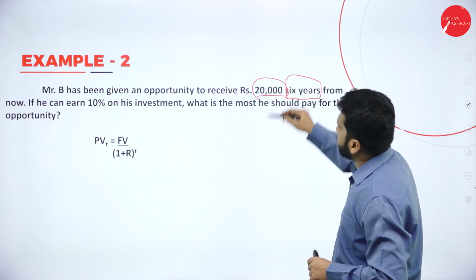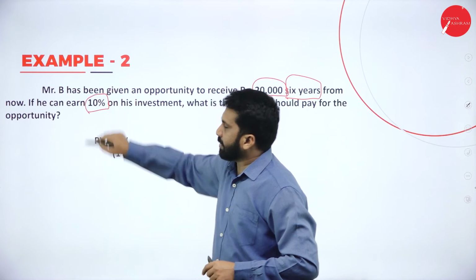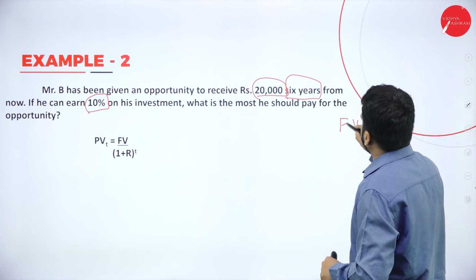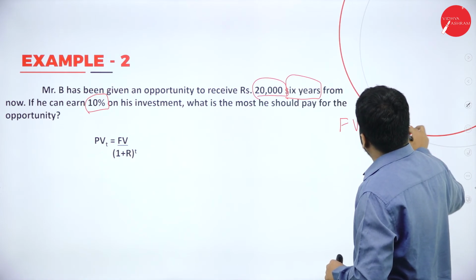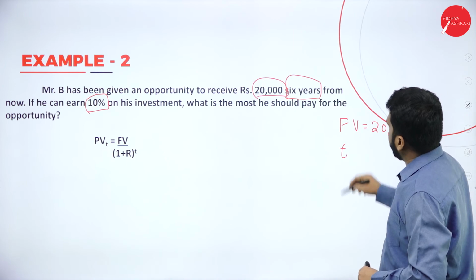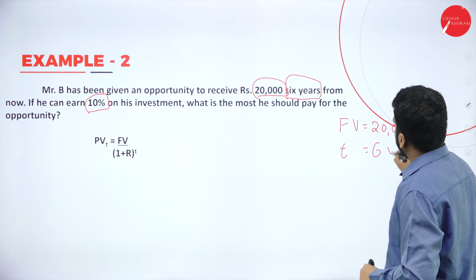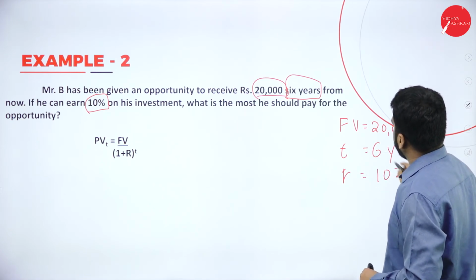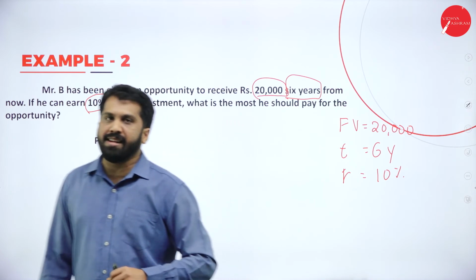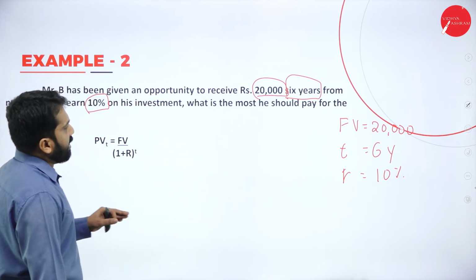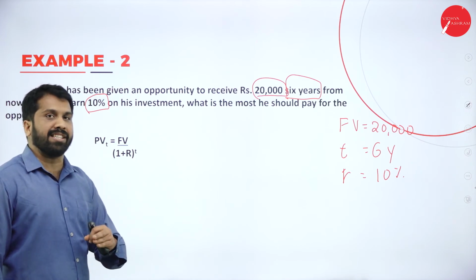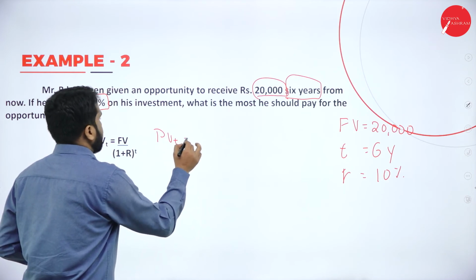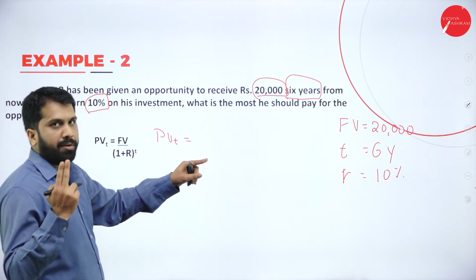Number of years, how much? 6 years. What is the percentage? 10%. We'll make a note. Now, your future value is 20,000. Your time period is 6 years. Your rate of interest is 10%. So this is the information already given. Now, if this information is given, we'll go for the next part, your formula. Your PV is equal to, what is your future value? 20,000